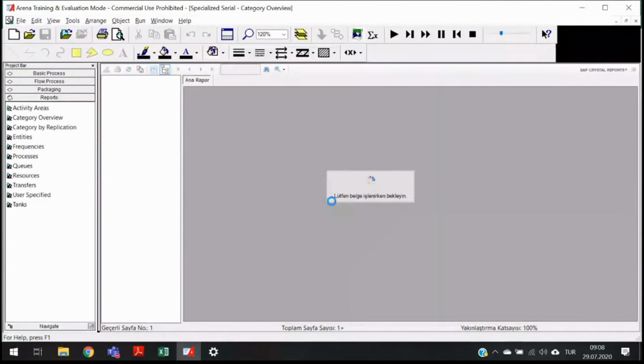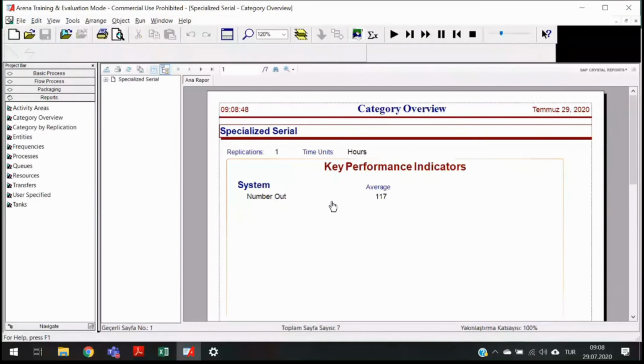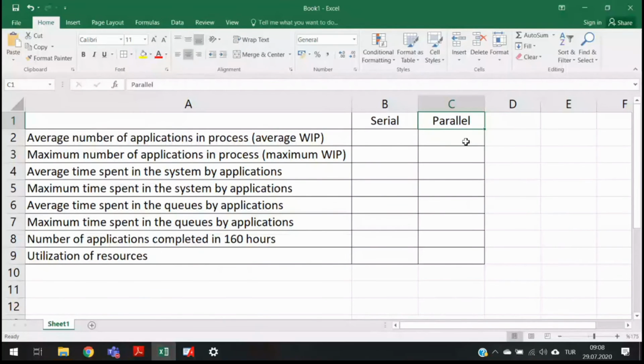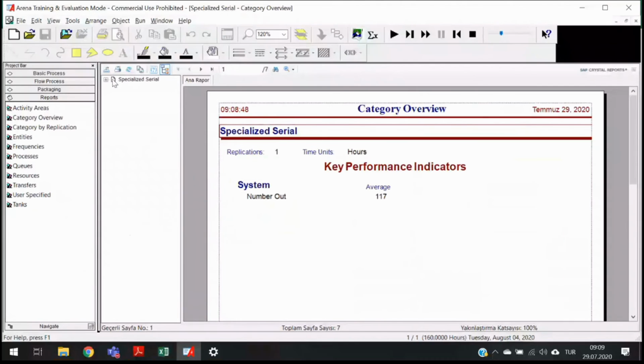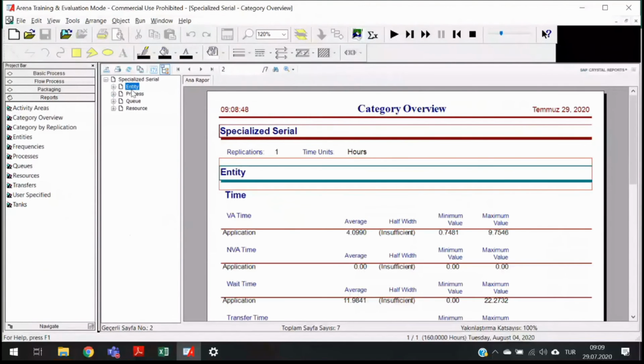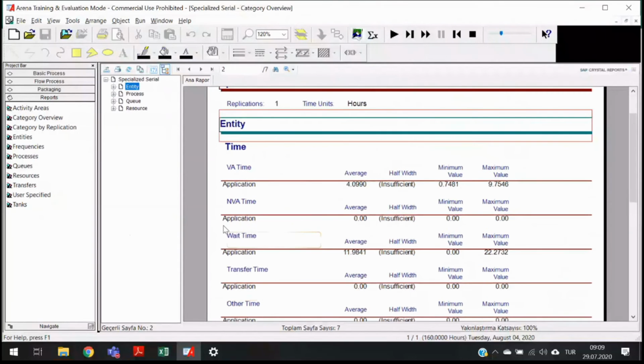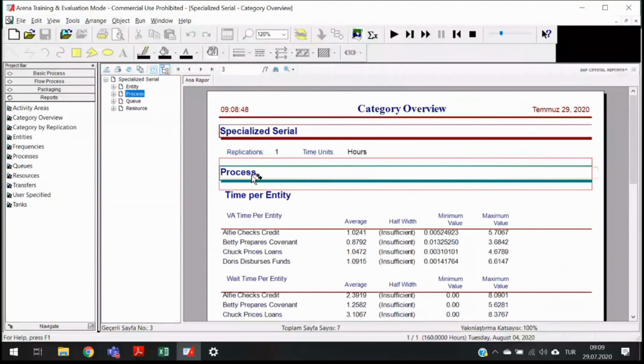And what are the questions that we need to answer? For both serial and parallel processing systems, we need to answer these performance metrics. What is the average number of applications in process? So what is the average working process, it says. So where do we check this? Through entity. Okay, entity. Because if you check the processes, the process statistics here is going to give the